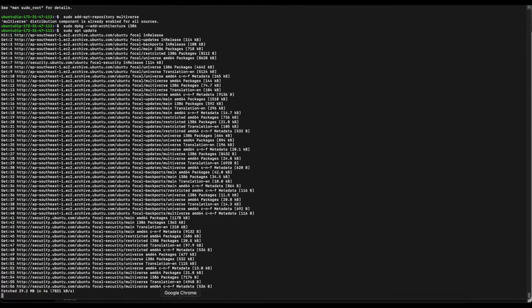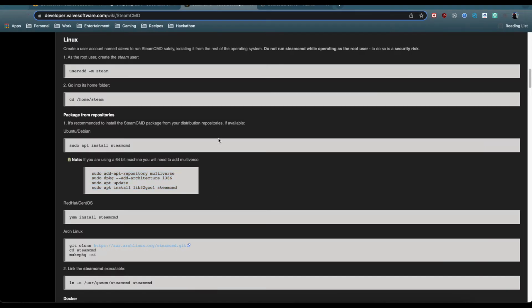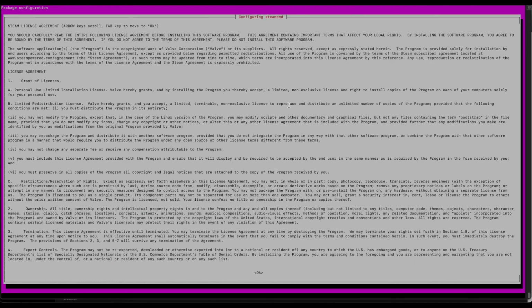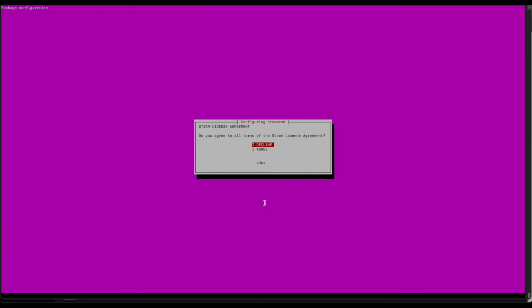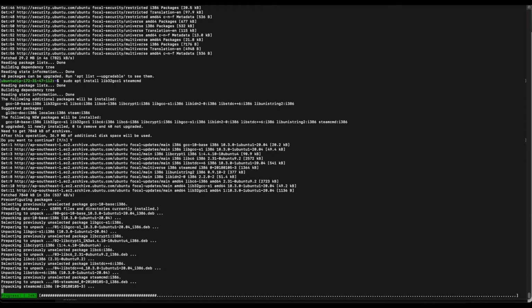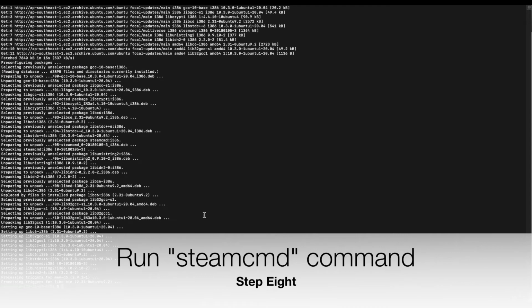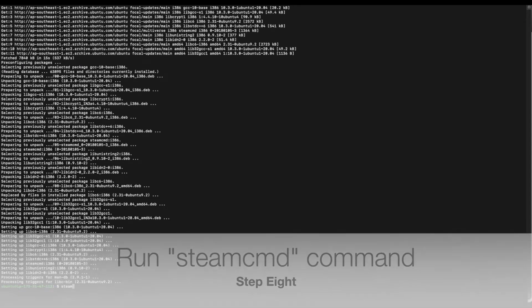You want to make sure that when you're pasting the commands in the terminal, you scroll down to Linux, packages from repositories, Ubuntu/Debian, and then go for the 64-bit instructions. As you're installing the Steam command line, it's going to give you the terms and conditions. How you get around this is by pressing Escape and then pressing the I agree button here. There we go. So as soon as that's installed, you just run the SteamCMD